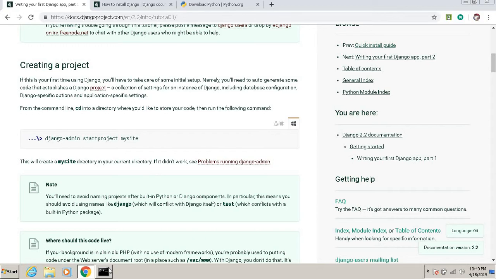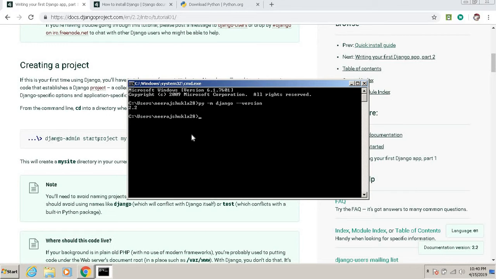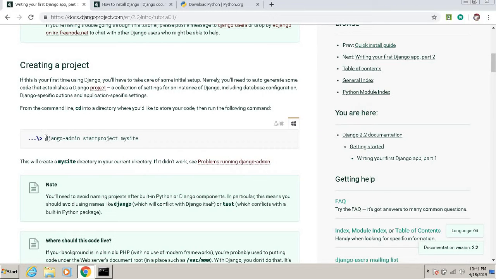What I'll do is here I'll create one work directory. It's up to you. If you don't want to create, you don't create, but I want that it should be separate, so I created make directory work, change directory work. Okay, now here if I give a command, it will create my site folder. So I am delivering this command Django